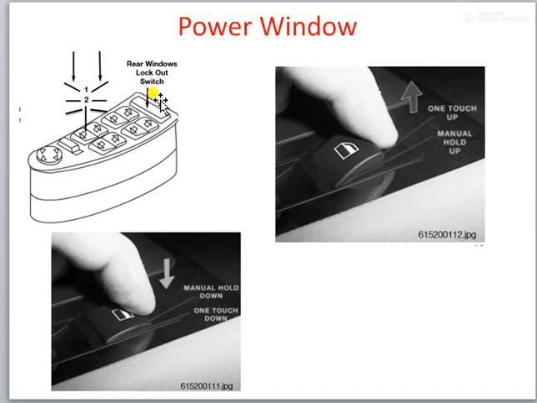Now this is a rear window lockout switch. Not only the rear window, by pressing this button all control panels of the windows can be deactivated or locked. In some cases, some manufacturers give you only the option to block the rear windows, while some manufacturers give the feature to lock all the power consoles. So this depends. And this is the button to adjust the mirror. Okay, the outside rear view mirror we can adjust by using this button. The joystick type button is there, and by using the joystick you can adjust the outside rear view mirrors.